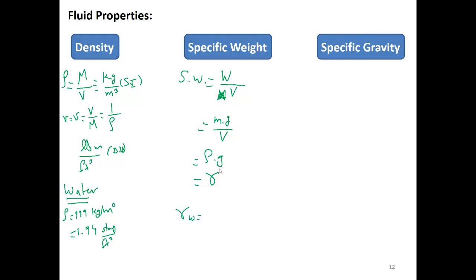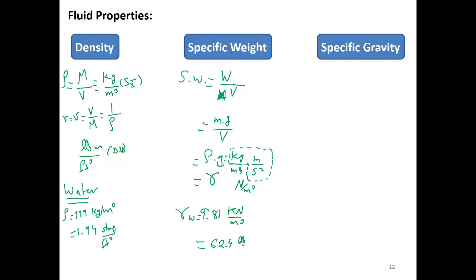Now gamma, again, for our reference point for water: if you don't know it, g is almost 9.81. This one is almost 1,000. So it's 9.81. Let's work the units. We have kilogram per meter cube times meter per second square. This one here is what? Kilogram times acceleration, so that's Newton. Newton per, it's density, so it's mass per unit volume. So Newton per meter cube. Now this times 1,000, so it's kilonewton. Since I've dropped the 9.81 times 1,000, I don't write the 1,000 here. And we would say in SI, the specific weight for water is 9.81 kilonewton per meter cube,